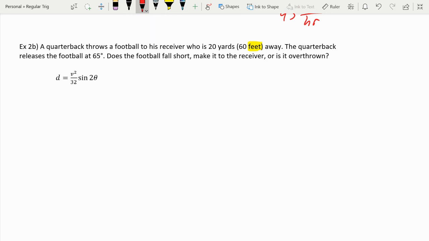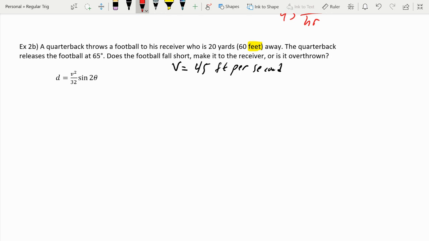So the quarterback releases the football at 65 degrees. Oh, I forgot to type in the velocity. I apologize. I was wondering where the velocity is. The quarterback releases the football at 65 degrees, but also throws the ball at 45 feet per second. I was wondering why the problem looked wrong. Okay, so now that I fixed that screw up,